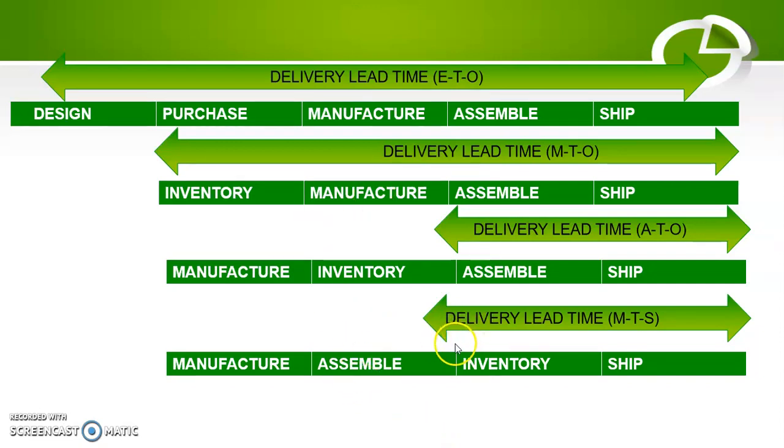The next one is make to stock. The manufacturer manufactures the goods and sells from finished goods inventory. That is why we have manufacture